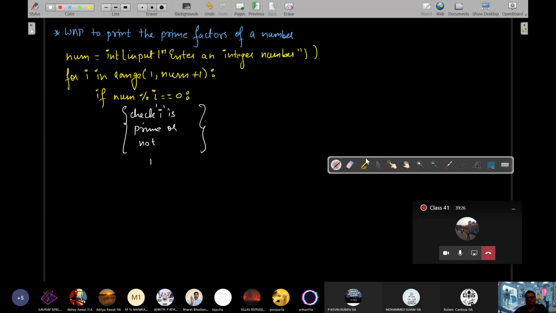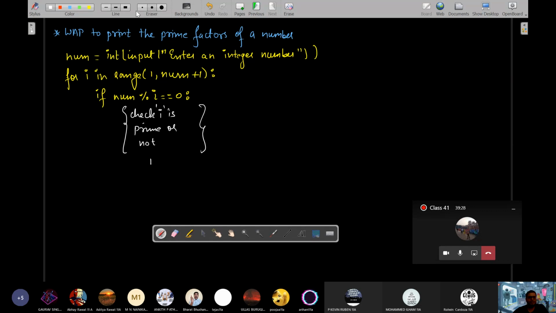I'll just write it side by side, considering I'm writing from this for loop statement. Let's say you have accepted the num part.